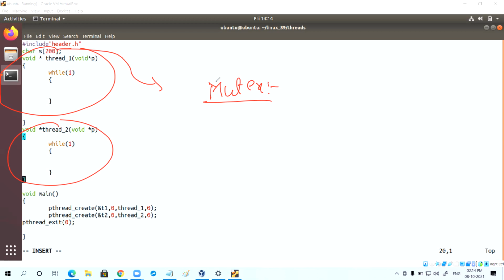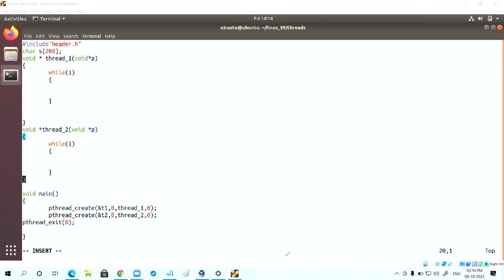So in this mutex concept, a few functions are involved. I'll write the names of the functions. Again, I'm not going to write exact code, just rough code. From an interview point of view, this type of discussion is mostly theoretical. Is it clear?